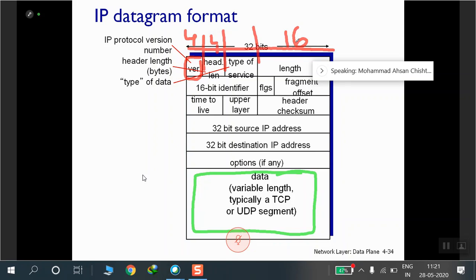Now, what is this? What is the second part, that is the header length? This is actually a 4-bit field needed to determine where in the IP datagram the data actually begins. So it will give us header length. And you can see from the picture here,